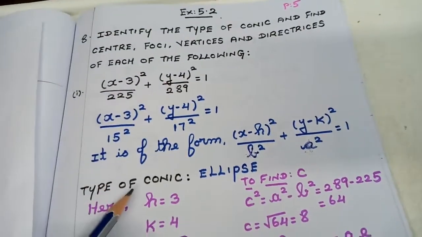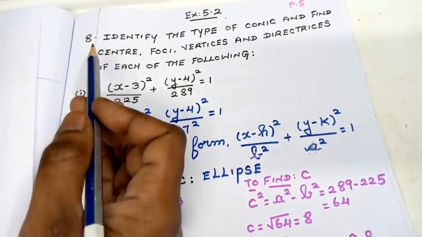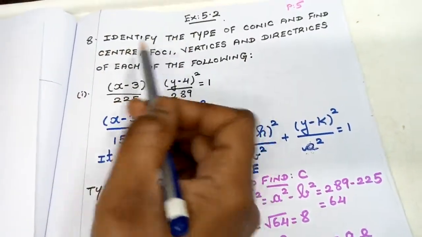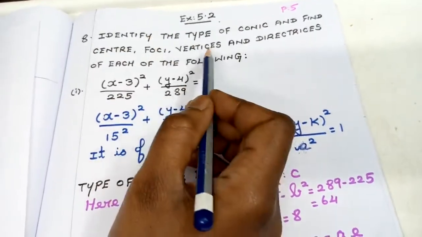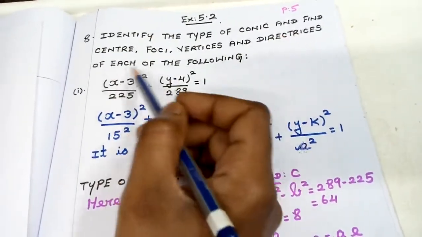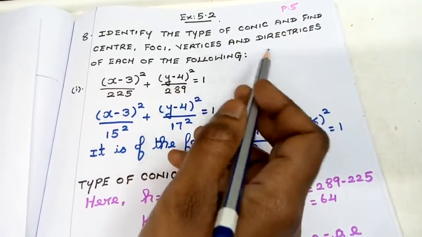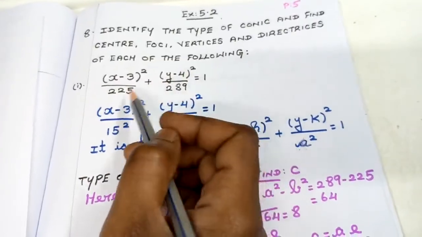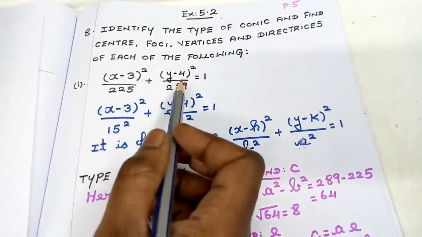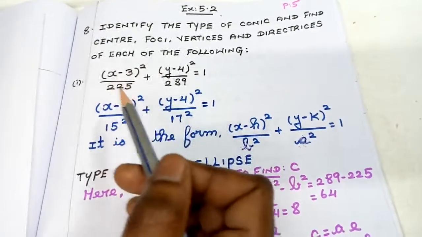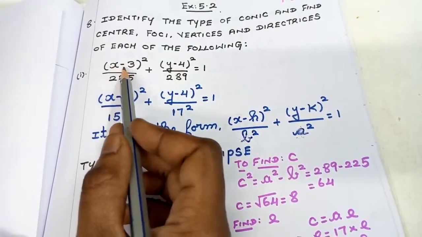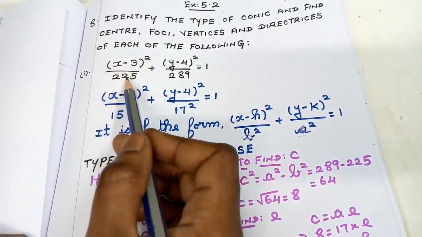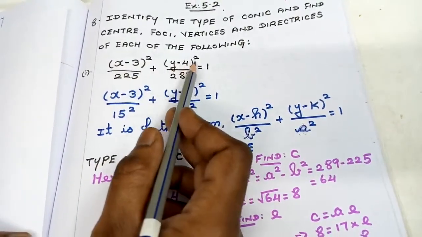Exercise 5.2, we are going to see the 8th sum. The question here is, identify the type of conic and find the center, foci, vertices and directrix of each of the following. So in this case, they will be giving you the value for h and k. We are going to substitute those values and find the answer. The first question, if you see here, students, x minus 3 the whole square divided by 225 plus y minus 4 the whole square divided by